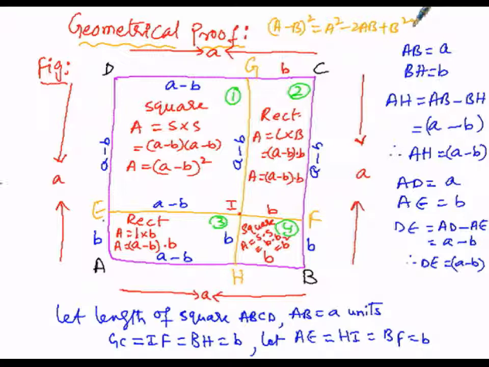So now first of all let us write the area of the complete square, that is ABCD, whose side AB is A units. So area of square ABCD equals side into side, side is A units. So here area equals side into side. Area of square ABCD with